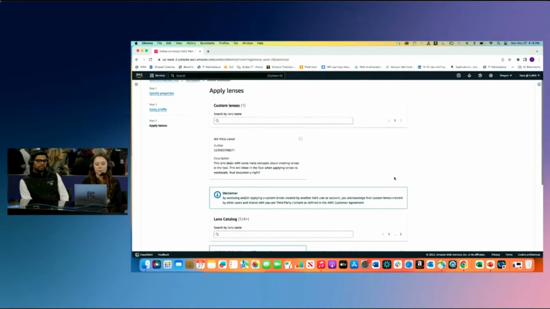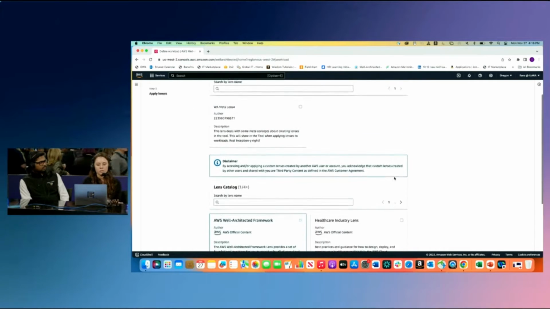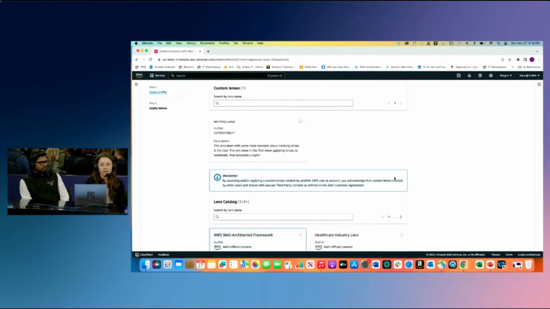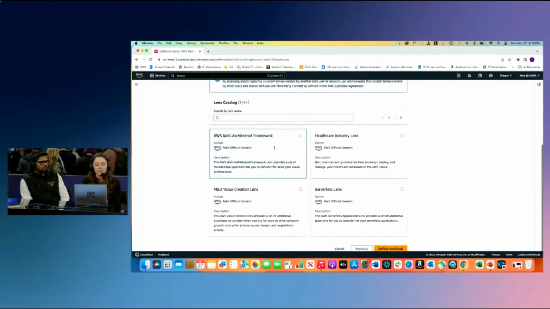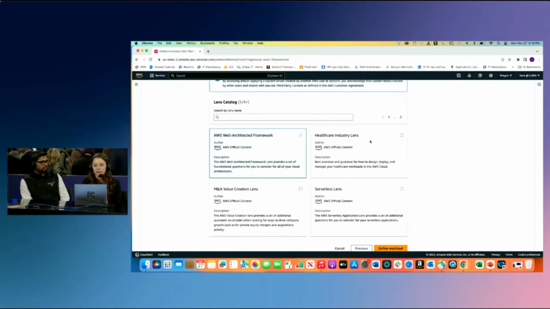And now I want to show you Lens Catalog. So you can see here, I know you had mentioned custom lenses before. So custom lenses will now appear in this top section here, still accessible to customers who want to input their own best practices to use as an overlay to the well-architected tool. And here, you'll actually see a wide variety of different lenses now that we have.